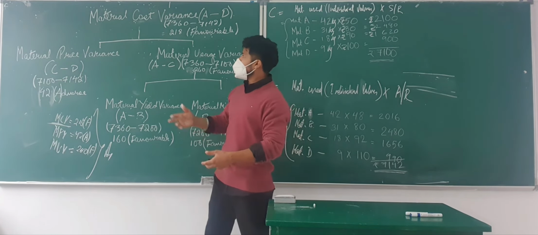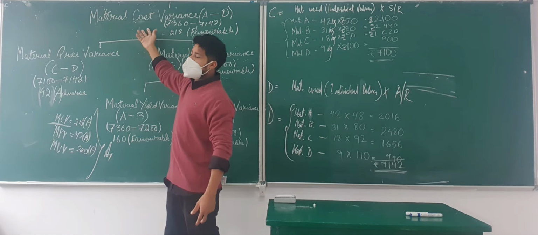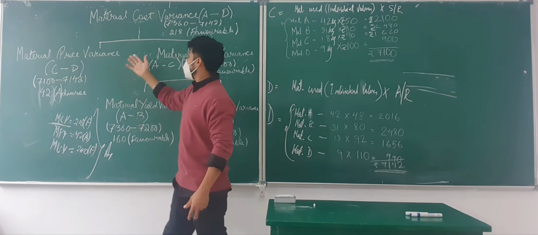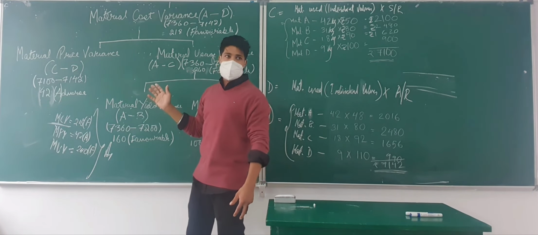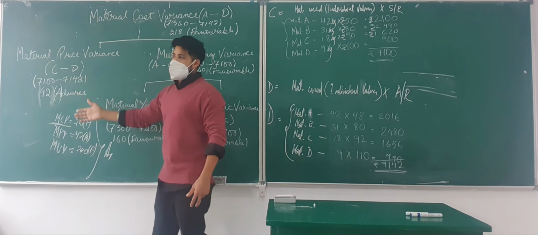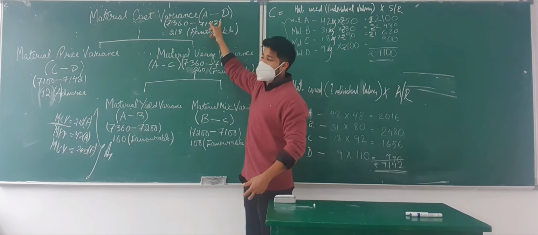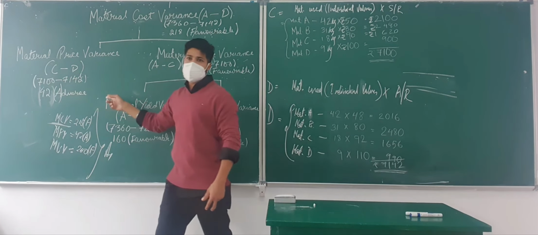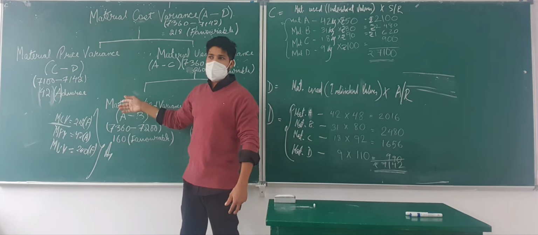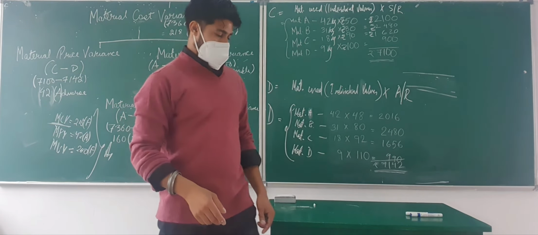Further, what you can discuss for material cost variance, you will say this is actually divided into two: material price variance and material usage variance. Then you discuss price variance. Is it okay? Then you discuss material usage variance. Similarly, what I have discussed here with AB, you will be discussing CD. Am I clear? So there will be no teacher who can deduct marks from here. Am I clear?